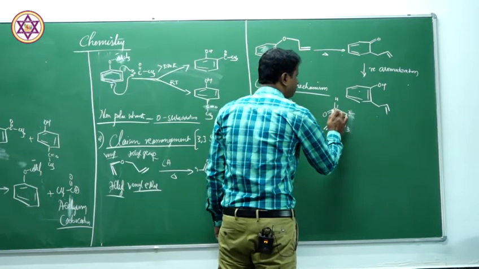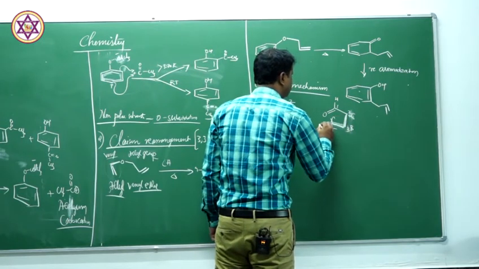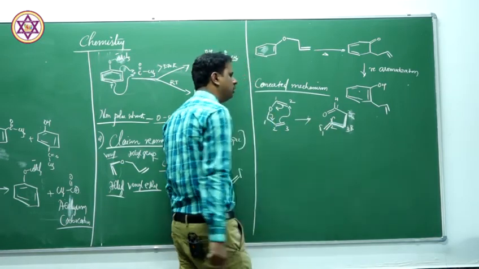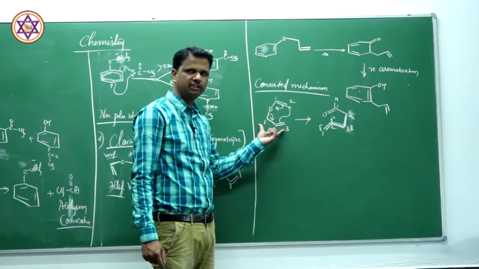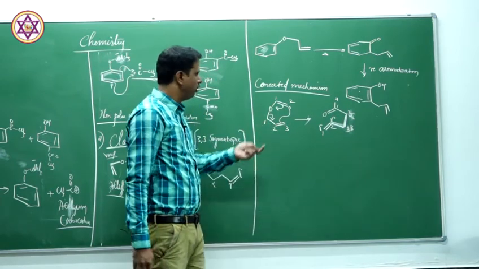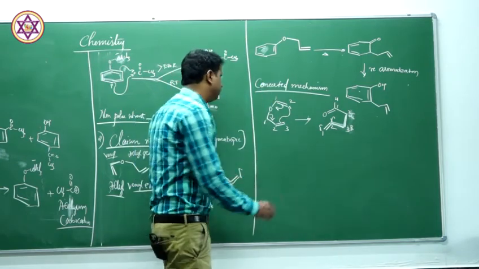Now, with respect to this carbonyl group, this is alpha, this is beta, this is gamma, and this is delta. Now we have gamma delta unsaturated carbonyl compound. That is how the reaction has happened here. Now this is an aliphatic system. Now we'll put the same mechanism into our reaction, that is Claisen mechanism.